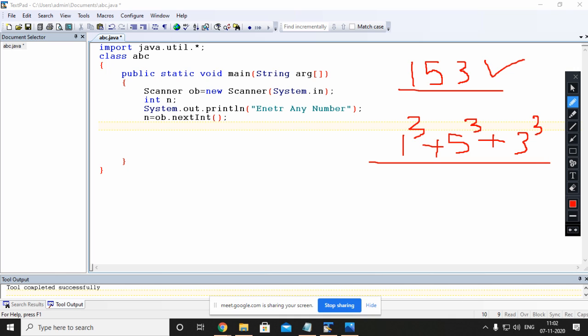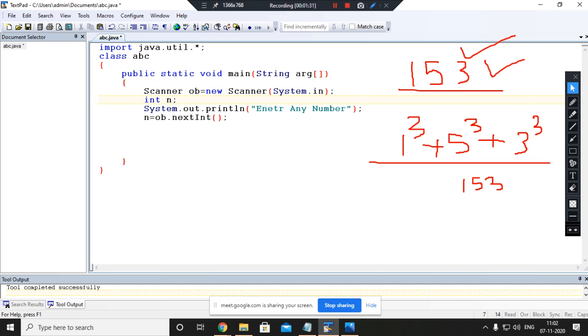Sum of cube of each digit equals the number itself. If this condition is true, then the actual number is an Armstrong number. Right, Anushka? Anushka, you have done something different, but that was correct. But here the question is totally different, right?